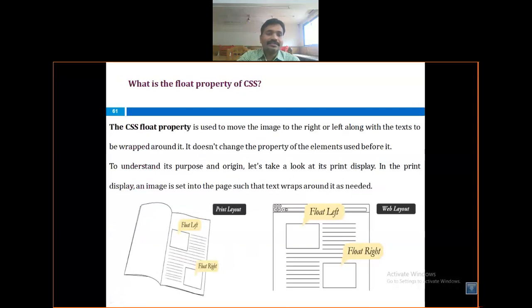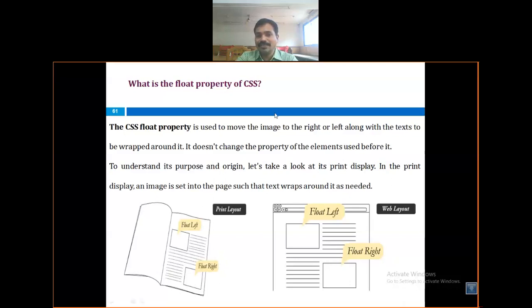So another thing in CSS is the float property. The float property is the same as in Word, when you want a print layout where there is a left side and a right side. Like a PPT, if you want to take printouts, so web notes or PPT notes, where an image is required and the rest of the content is available, you can do that with the CSS float property.